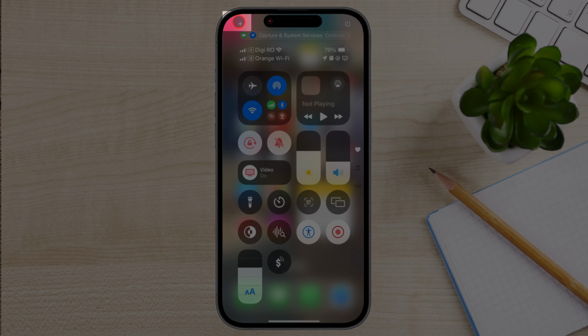Tap on it. You see now that we entered into the edit mode for the Control Center. Now when you look on the icons from the right, you see there are 4 icons. The new icon added is the new page. Swipe from bottom to top to move to the last page. You see here we have a blank page.